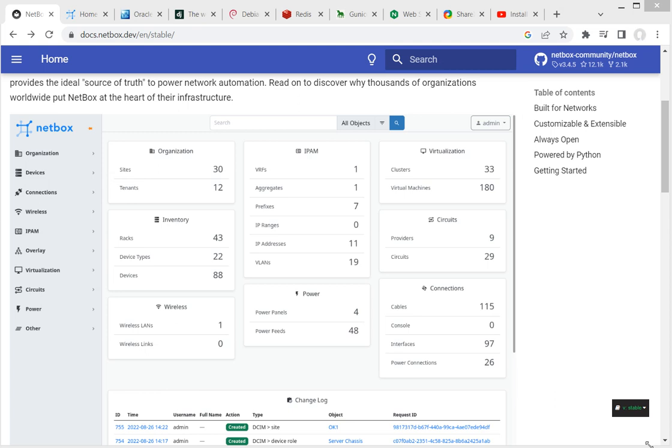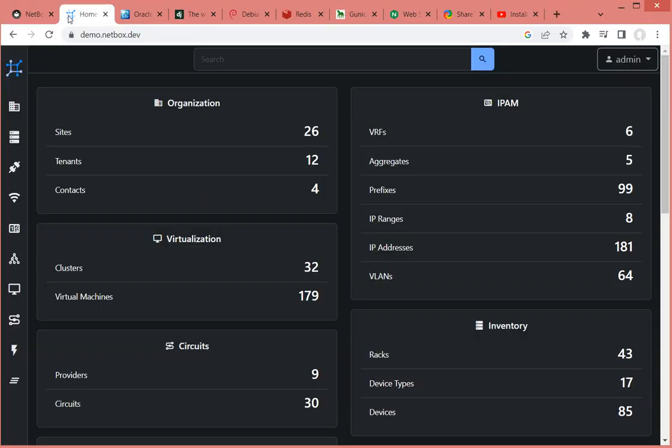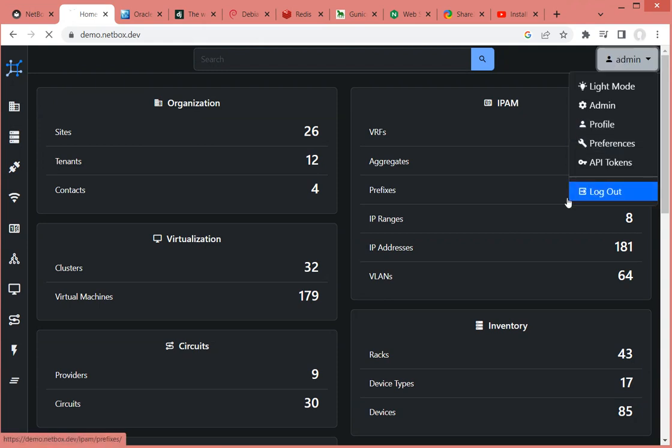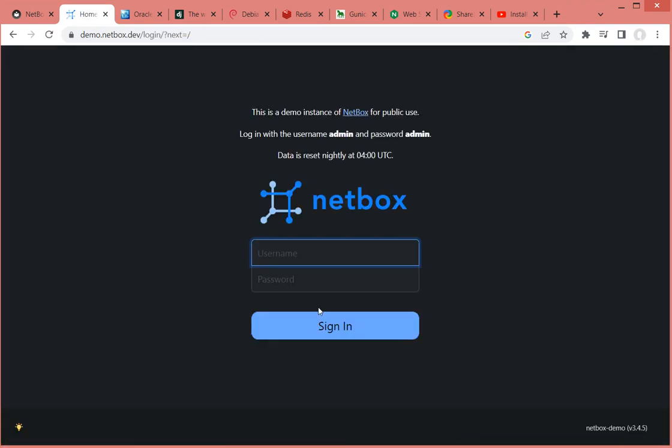This particular web application was started by a hosting company, and it gives the opportunity to keep track of everything that involves the sites, the inventory, the racks, the allocations, the cross connects, the power allocation, the IPAM, the internet IP addresses, virtualization clusters, and all the information related to that hosting company. There's a demo online on the web that you can use to test drive it, and it lets you log in with the admin credentials, so you can get a look and feel of